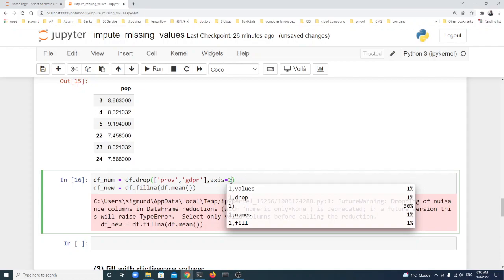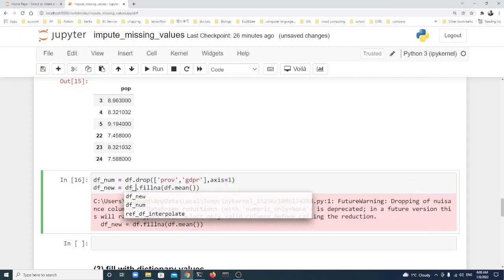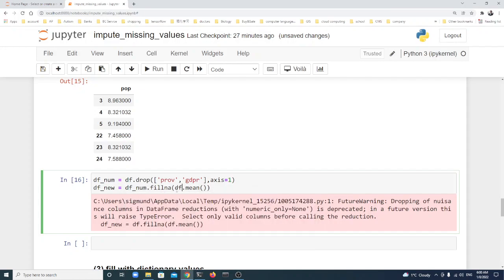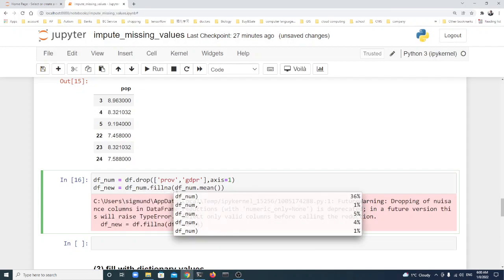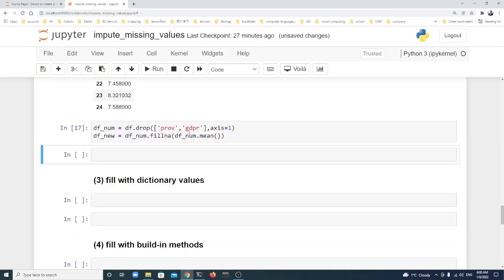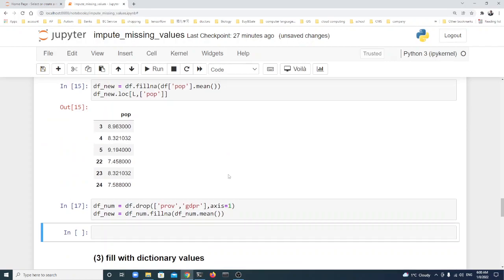The first means column. Then here we change it into df number, df num numeric mean. Let's run. You see, there's no warning,